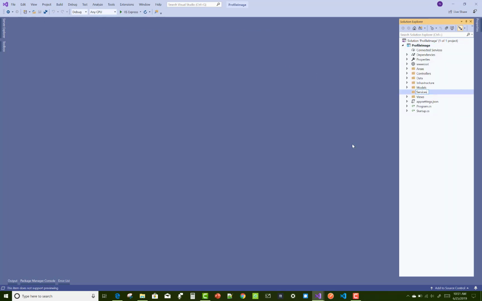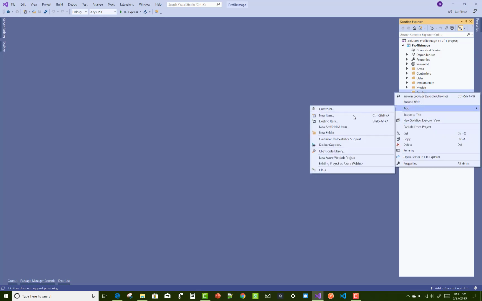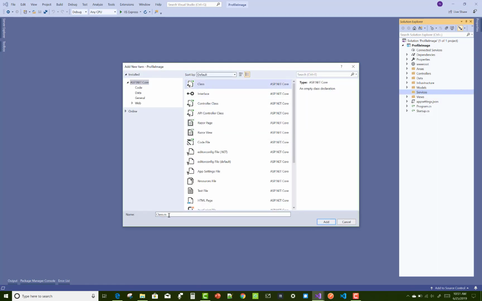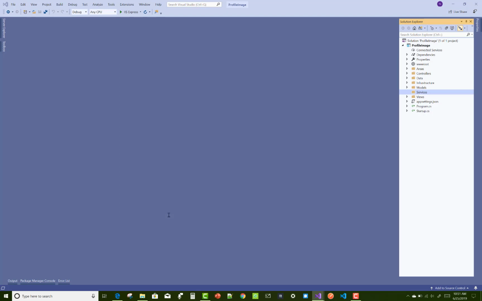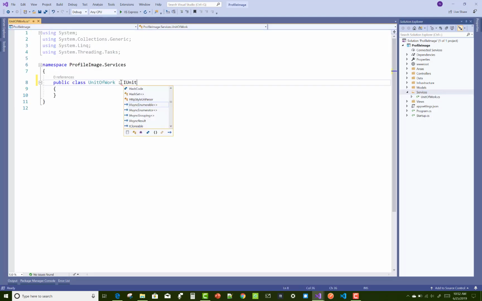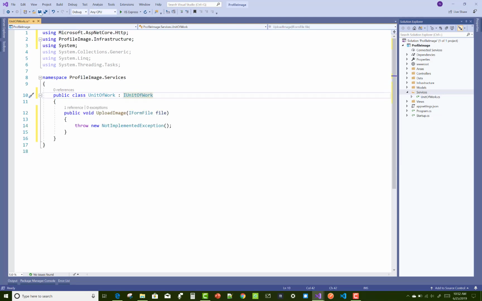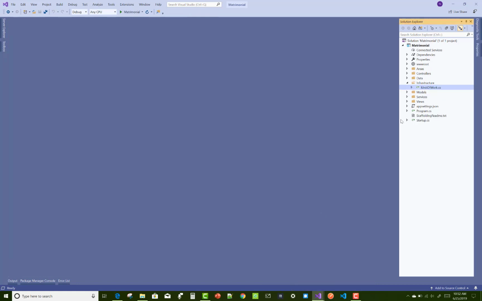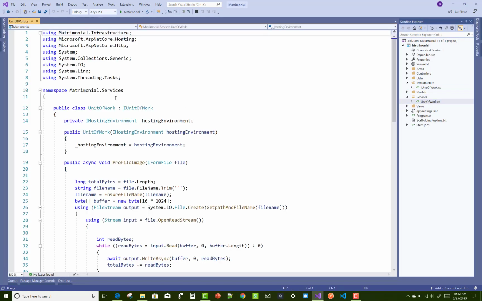Now add a new folder, that is named Service. Now add a class in the Service folder, that is UnitOfWork, and that class is implemented by the IUnitOfWork interface. The IUnitOfWork interface has only a single method, UploadImage, and copy that code